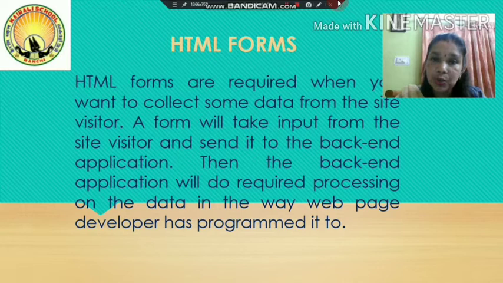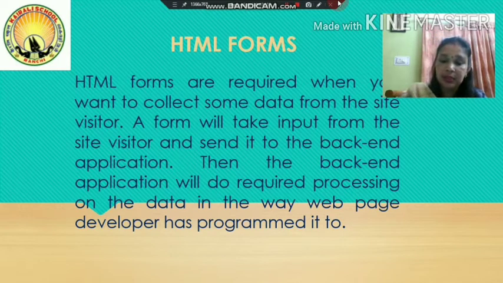School means a person, an admin, can be there who will collect all the details, and he will be storing the data on his computer. So it will go to his mail ID, or it can go directly to a web server. So depending upon the actions, first the form will collect the data, and it will send it to the backend, and the required processing will be done as the programmer, the web developer, has created the program. So depending on that, the processing will be done.